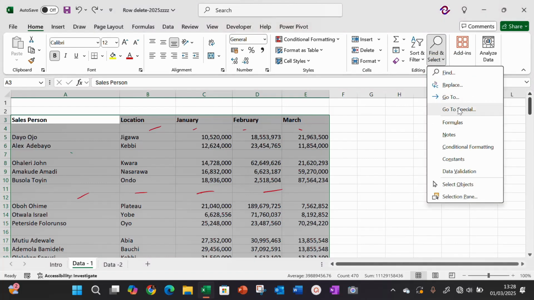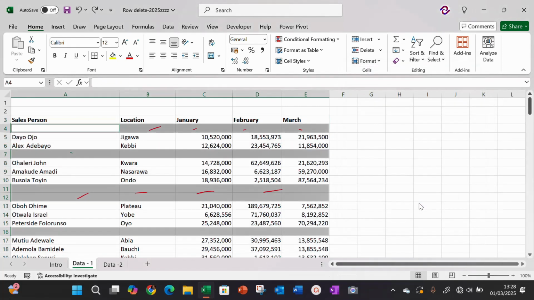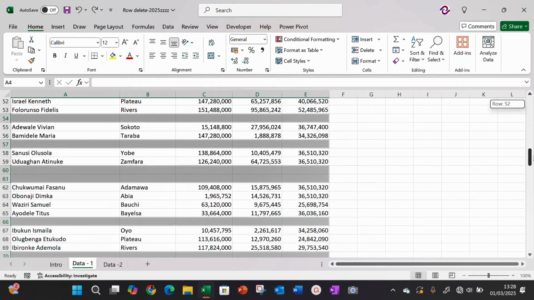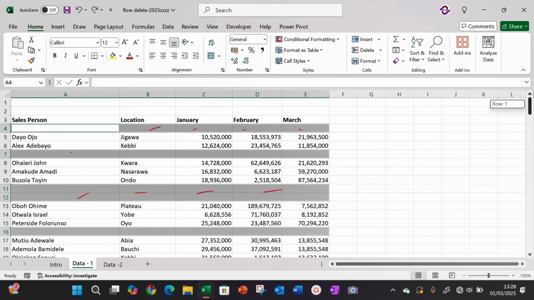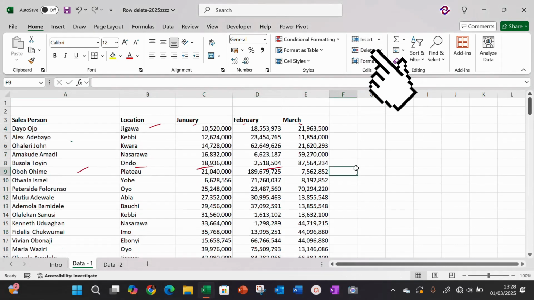You see Go To Special. If I click on Go To Special, there are a lot of things you can do here, but for now we are after blank cells. So I'm selecting Blanks because I want to highlight all the blank cells. When I click OK, all the blank cells in that sheet will be highlighted. Those are the cells, the rows we don't need. So all I need to do is come to Delete, and I just say Delete Sheet Rows, and the work is done. You can see how easy it is. I've just deleted everything,